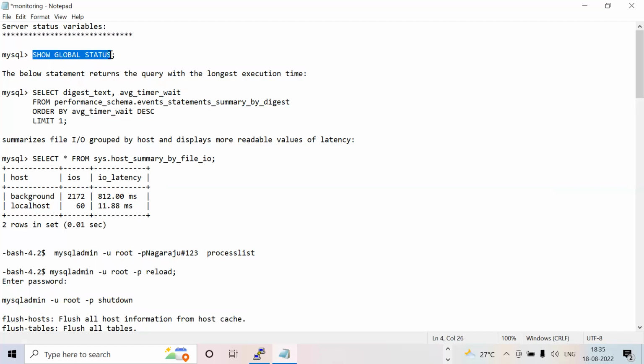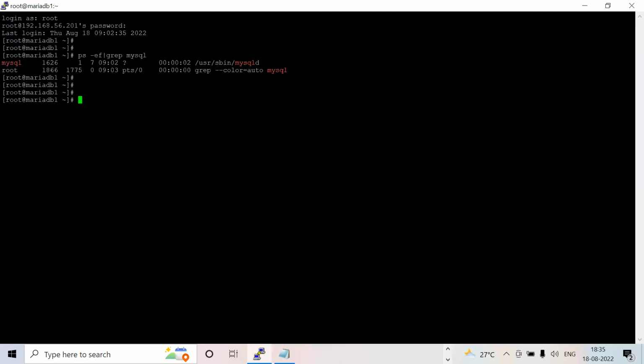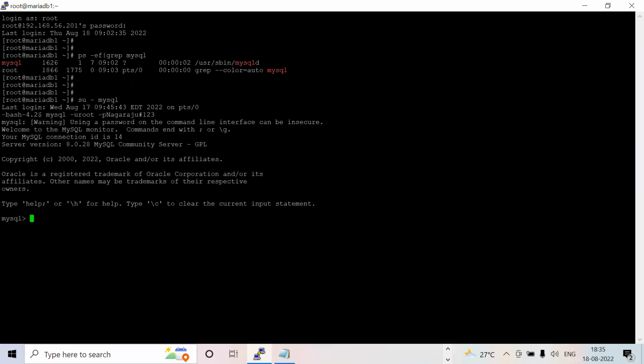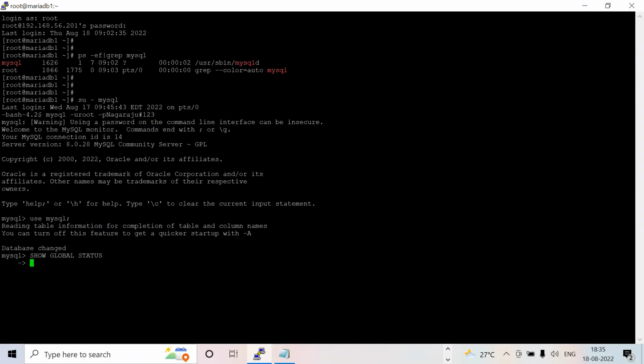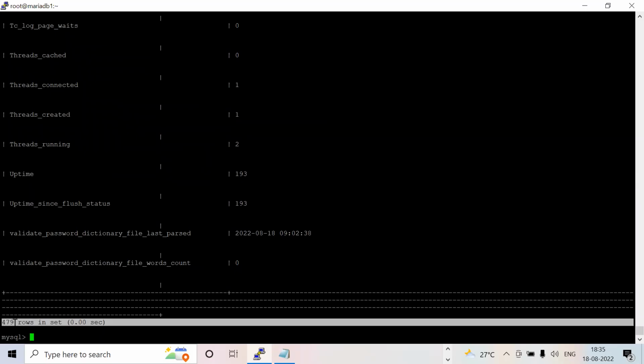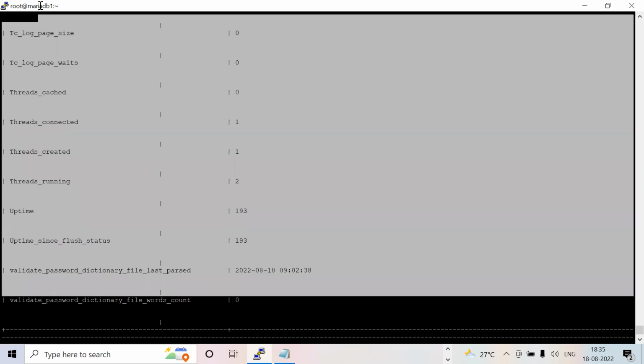So, global status. If you run this command after logging into the MySQL server, what else can we check? Normally, with the process list we are seeing all the running queries. Other than that, what can we check? Use MySQL. Whenever you are logging in, run global status. It shows all the parameters, almost 479 parameters. Each and every one will be